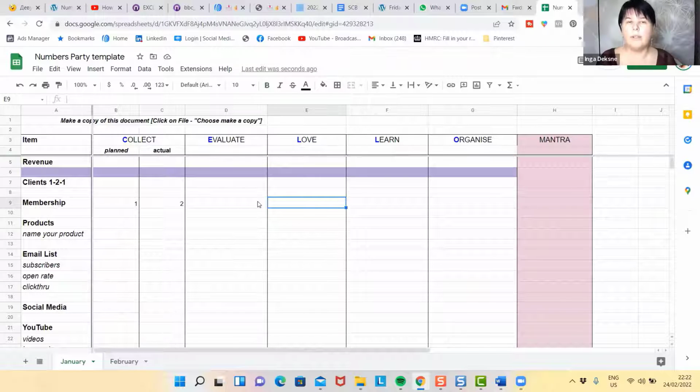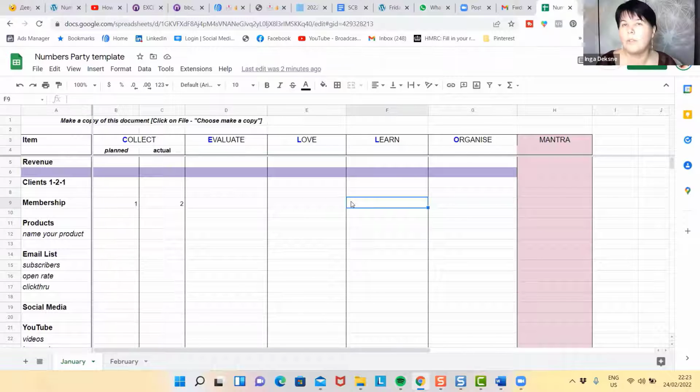When it comes to membership, I understand memberships, people come and go. Some people feel it more painfully when people are leaving. For some people, it's just a matter of people leaving, new people coming. What can I learn? I can learn that I can do more activities to attract new members.